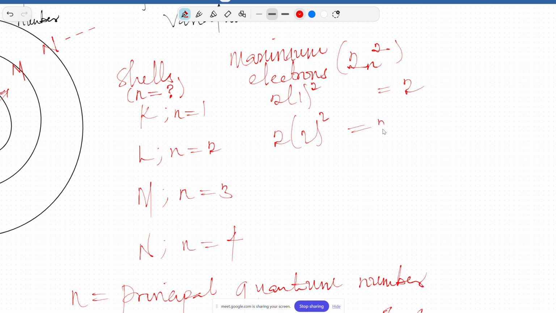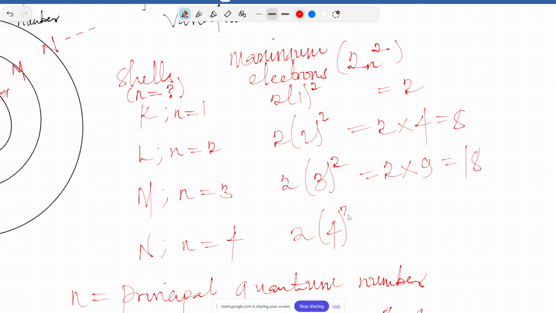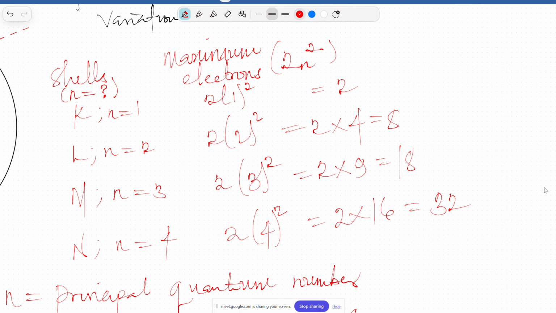You have this to be 2 multiplied with 4, which is 8. When you do 2 into 3 squared here, you have this to be 2 multiplied with 9, which is 18. And when you do 2 into 4 squared here, you have that to be 2 times 16, which is 32. So this implies that your K shell can accommodate a maximum of 2 electrons, L a